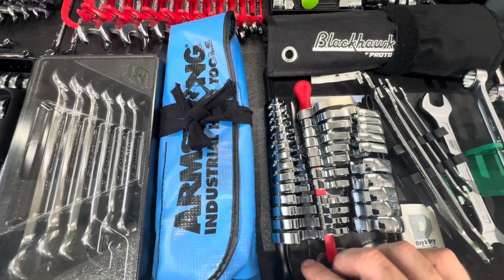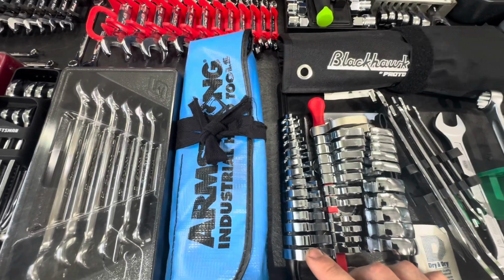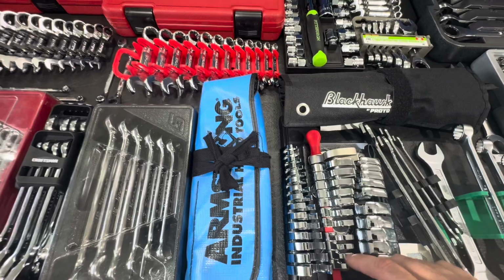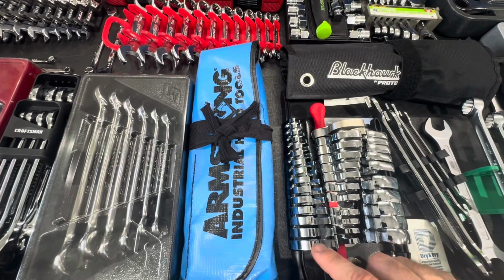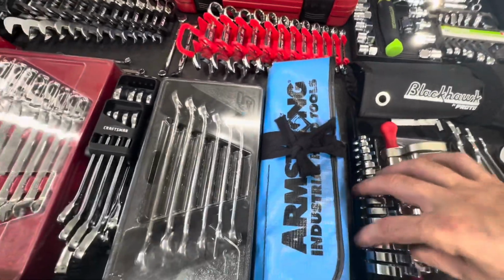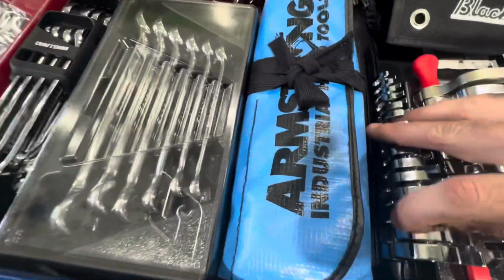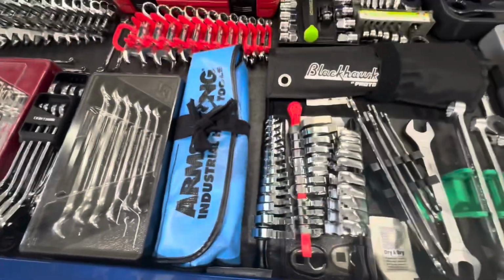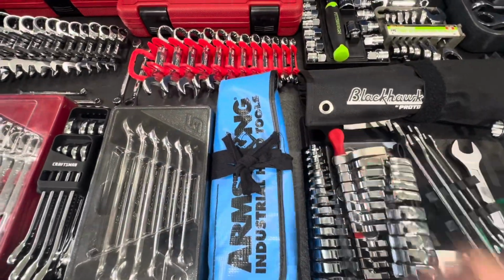And then this is the Tecton metric set. So I have added some stuff. This is a 1-inch, which didn't come with my standard set. In this I added, I think, 21, 22, and 24. I believe that was it. Let me see. I don't think it came with those. I think I added those. So that's 21. Yeah, that's 22 and 24. But it did come with the rest, and it actually goes all the way down to